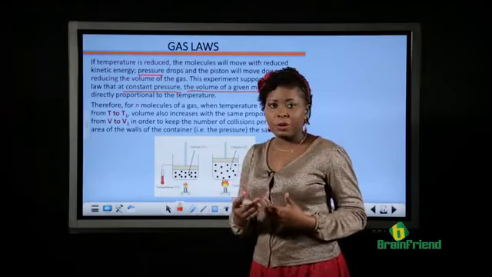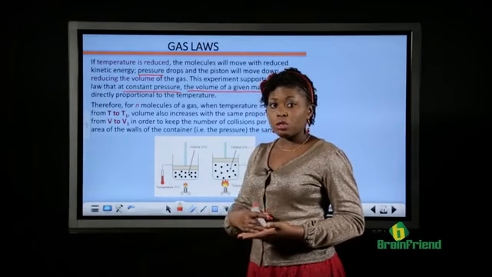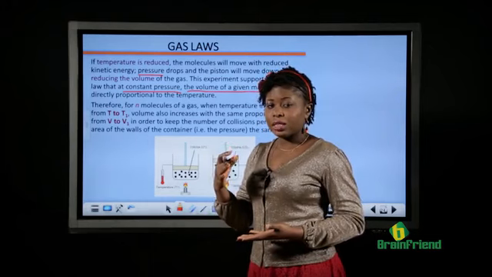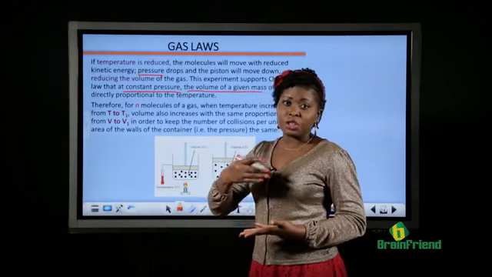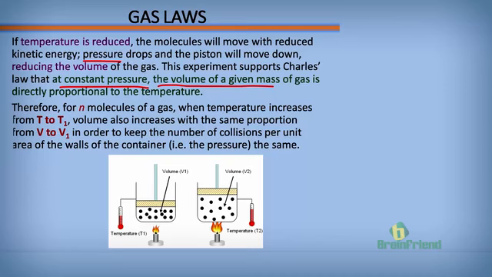So we saw from this experiment that when we increase temperature, volume also increased. And when we reduce the temperature of the system, the volume will decrease. So therefore, for n molecules of a gas, n could be any number. It could be 5 moles of a gas, it could be 10 moles of a gas. Any particular number of gas molecules, when temperature increases from T to T1, volume also increases with the same proportion